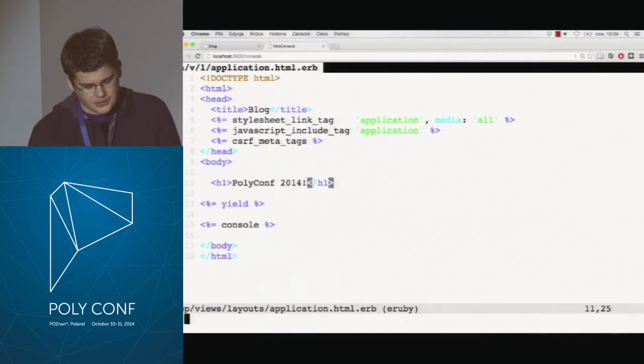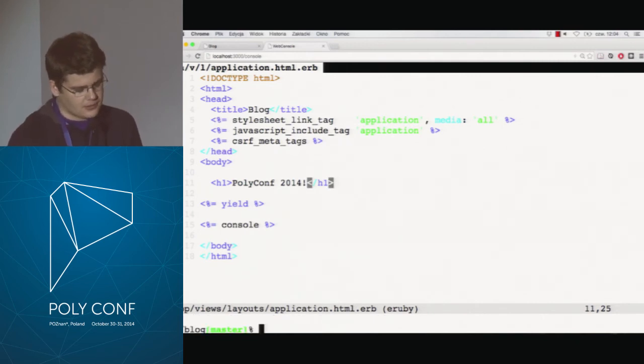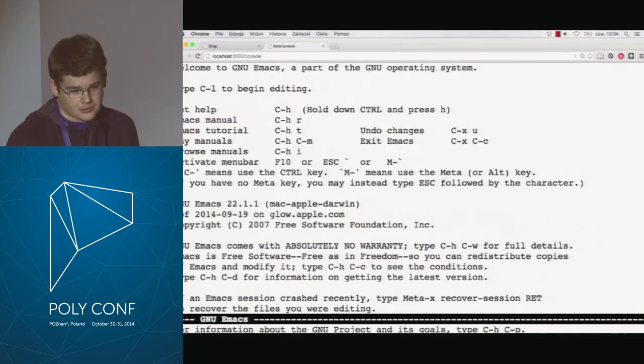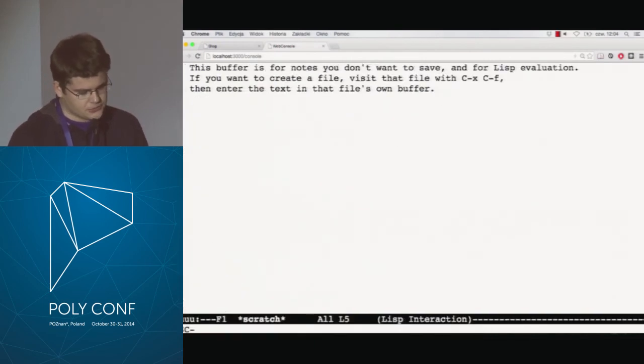So as you can see, VI works well. For those of you who prefer Emacs, that works as well. And I don't usually use Emacs, but when I do,